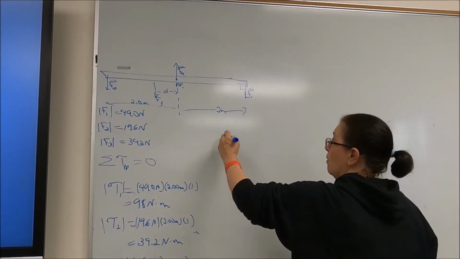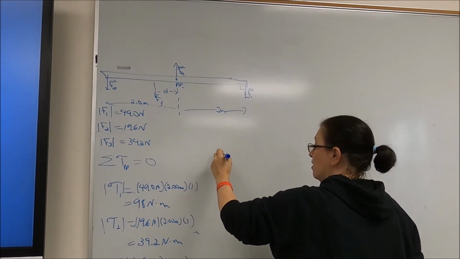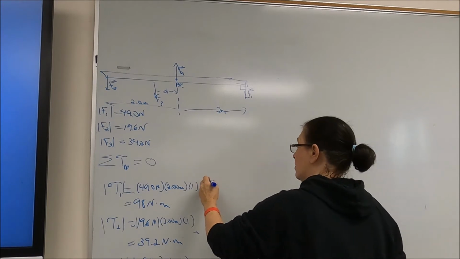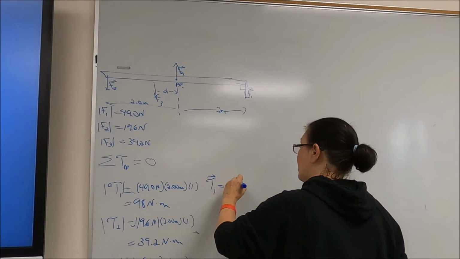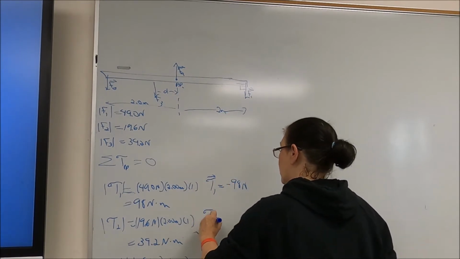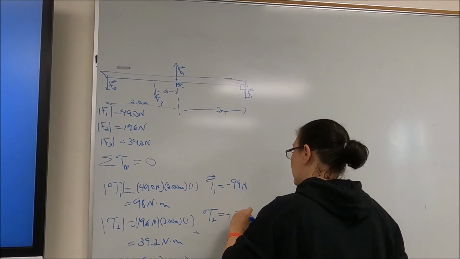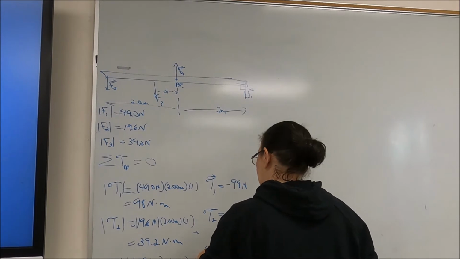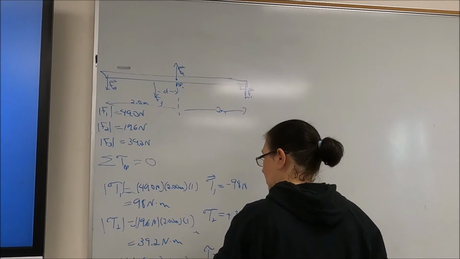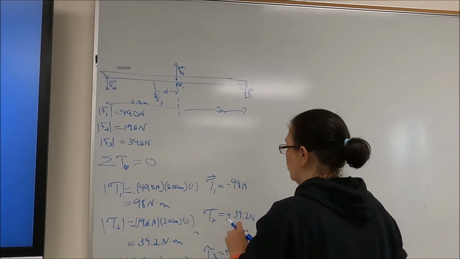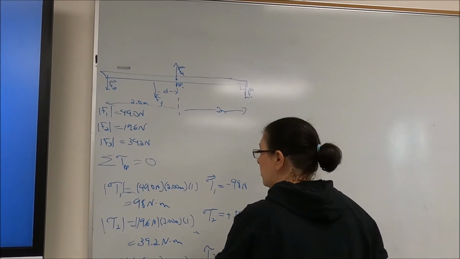Okay? So my force 1 is going to want to rotate it clockwise. So torque 1, vector-wise, is a minus 98 newton meters. Using the same logic, torque 2 is going to be a plus 39.2, and torque 3 is going to be a plus, excuse me, this should be, yeah, plus